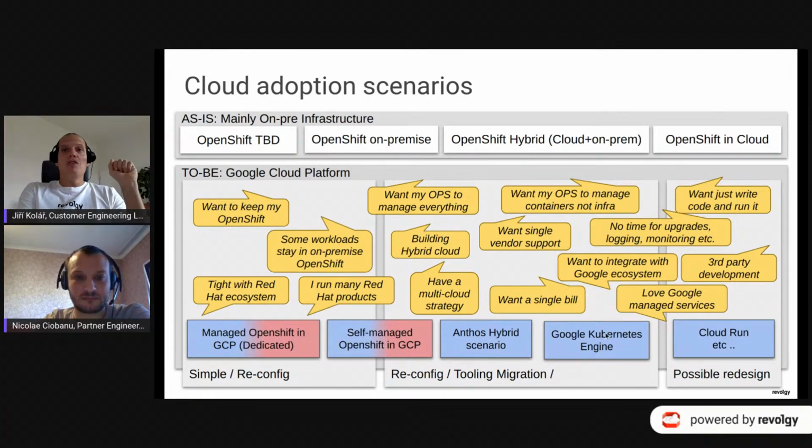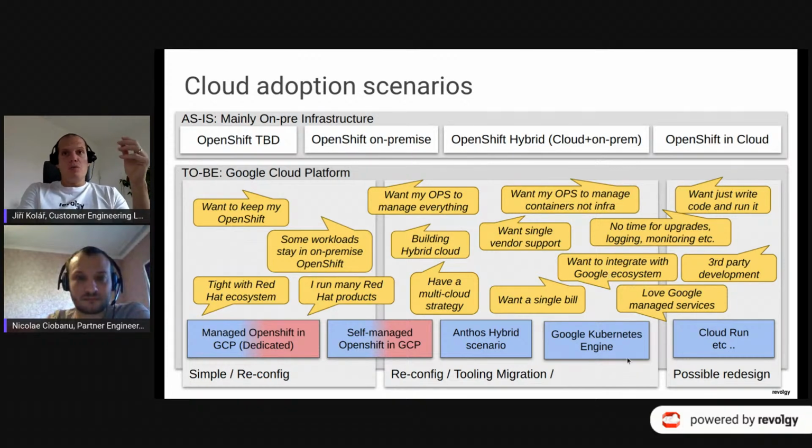As Nico mentioned, the other option is the Google Kubernetes Engine, something you might consider if you don't want to operate your infrastructure, right? So you want to have a managed service. Maybe you don't want to care about upgrades of the container platform, and it's also possible that you want to integrate heavily with the Google ecosystem.